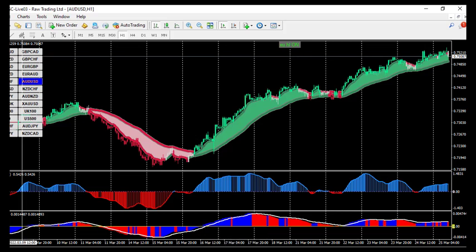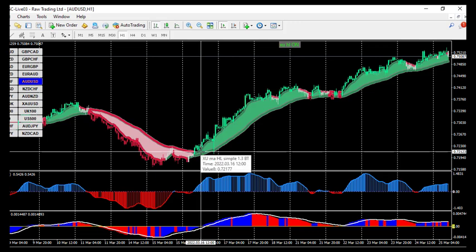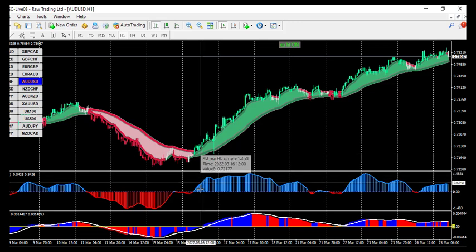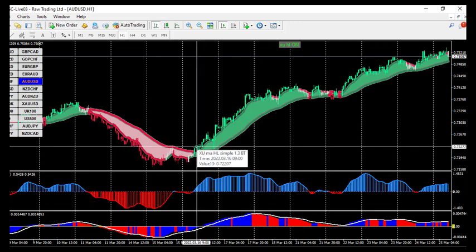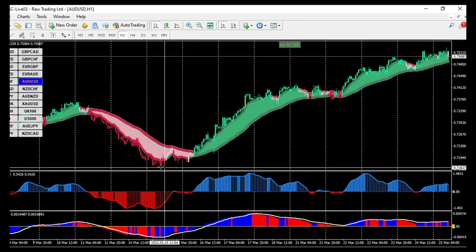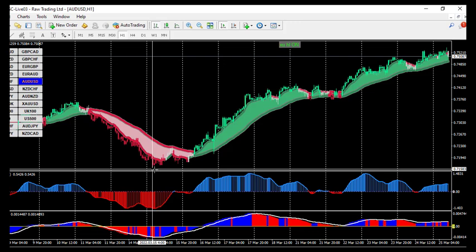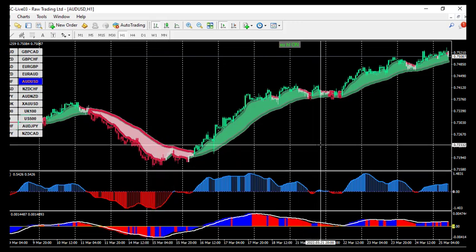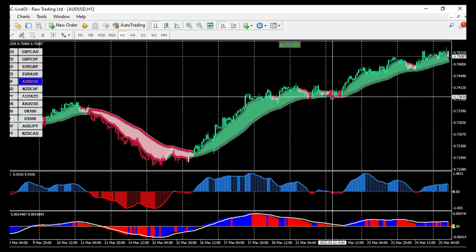So if you check it closely, you find out that at this point we have a good setup for a buy, and then once you place your buy order at this point, your stop loss will be a few pips below the previous low. And then here is another point that this actually crossed